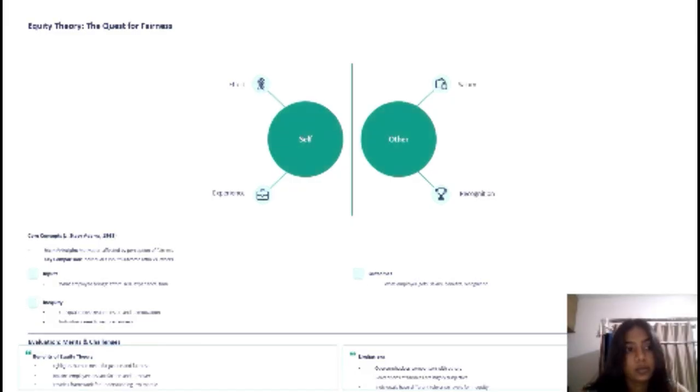Okay, so let's begin with the limitations of equity theory. This theory hinges on fairness, but its flaws arise from its reliance on perception and comparison. Number one, it fosters jealousy and rivalry. The theory focuses too much on comparison. People constantly check their input-outcome ratio against their peers. This intense scrutiny can easily breed jealousy and unhealthy rivalry within a team.